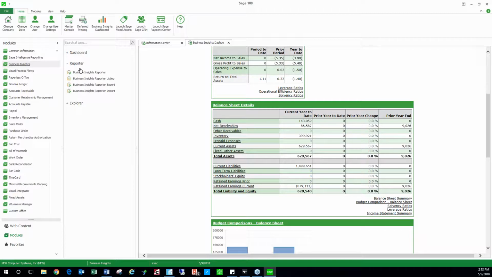Basically, this is a Crystal Report wizard. And those of you who know me out there may have attended one of my Crystal Reports classes. This is a really interesting way to kind of get into Crystal Reports without having to do a lot of training. If you can understand how to work through a wizard, then this is a good way to get into it. We can create beginner to intermediate level Crystal Reports, more on the beginner side, using the wizard setup